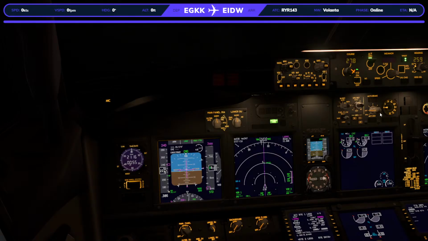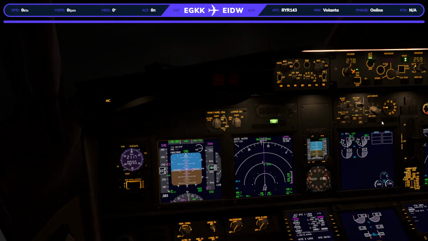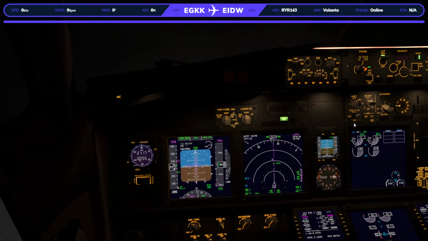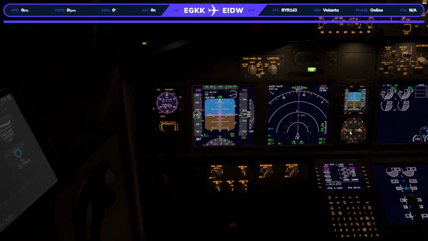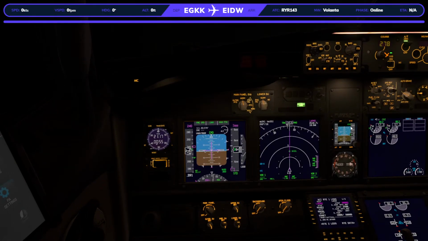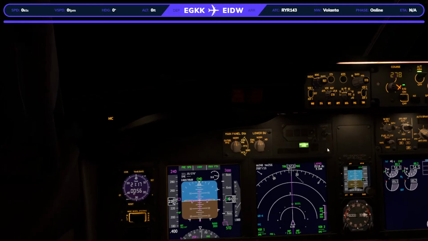Okay, descent. Autobrake we can select as 1. Quite a nice long runway at Dublin, so we don't need to be so aggressive on the braking. And let's start setting up our